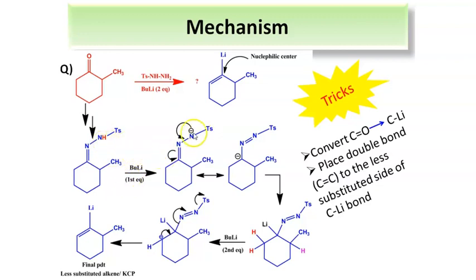Now after proton abstraction, this negative charge will delocalize throughout the system. Why? Because delocalization increases the stability of the system, we all know. So after delocalization, this carbanion will form. Now this carbanion will remain attached to a lithium ion just in order to neutralize the charge of the system. So this is the system we got till now. Now when the second equivalent of butyl lithium is added, you tell me which proton will be abstracted, which one is the most acidic proton in this system.